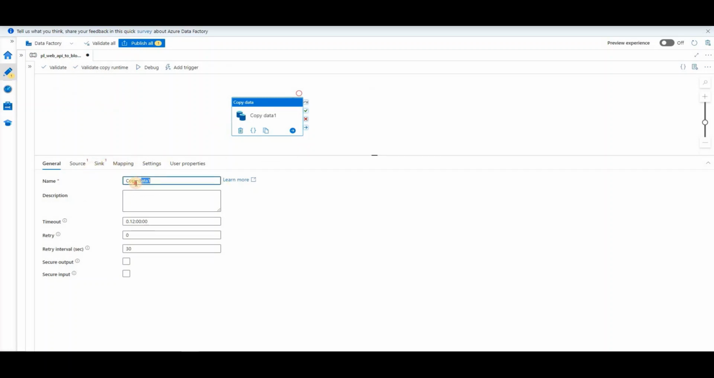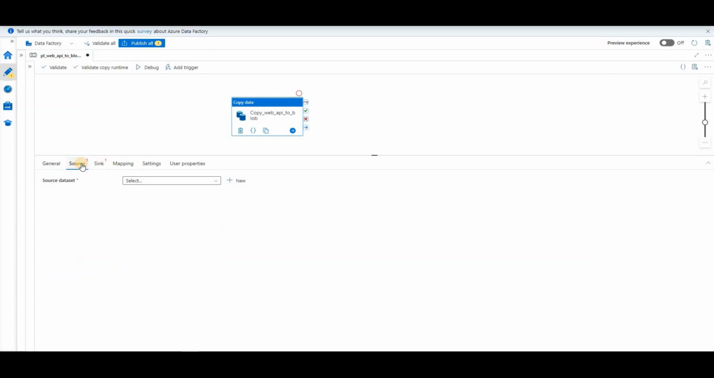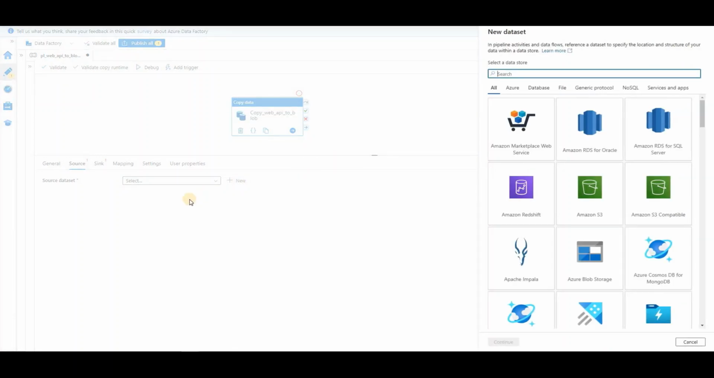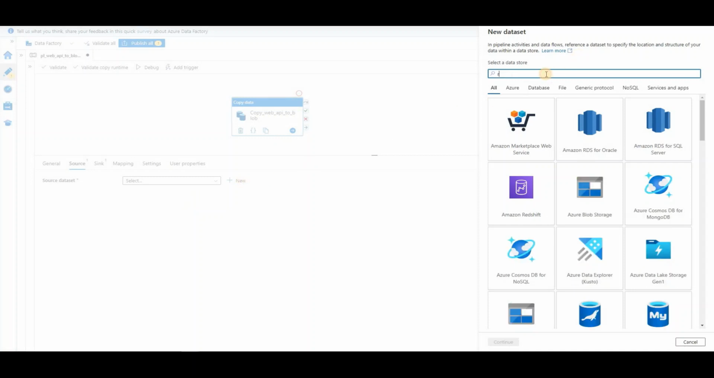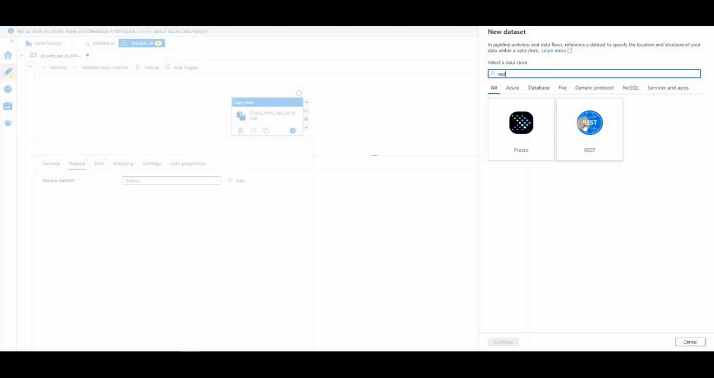Currently this name is like this. I will rename it like copy web API to blog. Okay, now I will go to source. Again we need to create a dataset. To create a dataset we need to click on the new one, see, nothing is already created, so I will create a new one. And again we know that our source data is on the REST API, so we'll just search for REST and click on this REST,